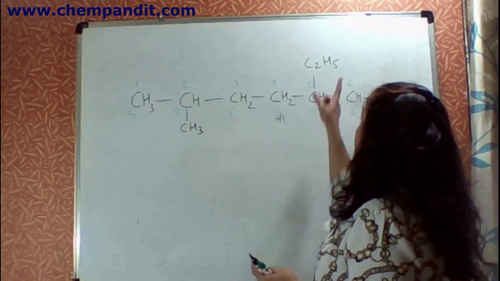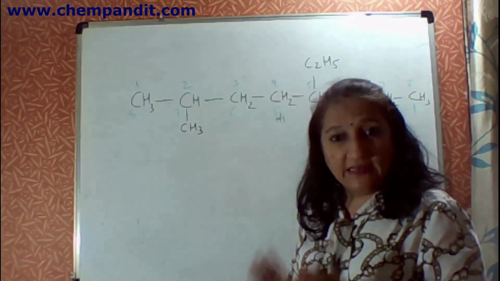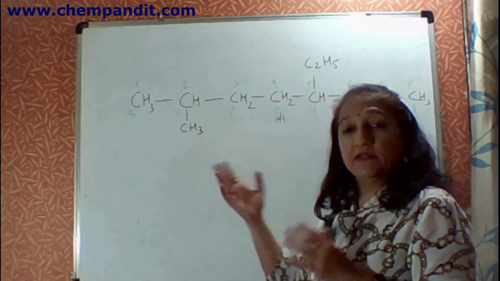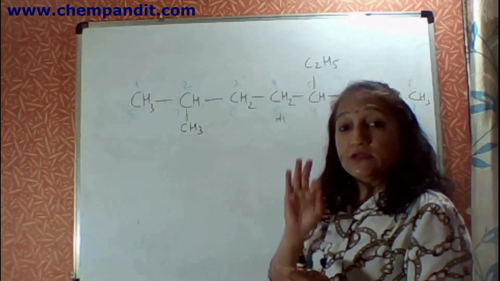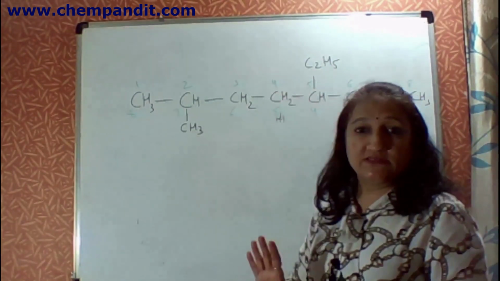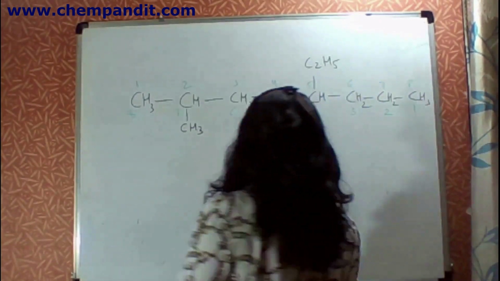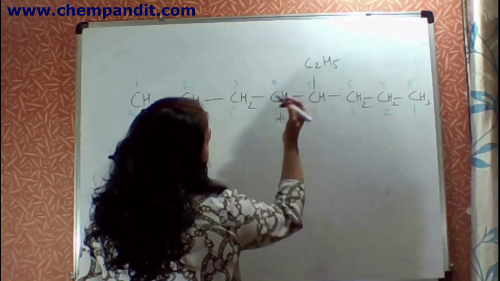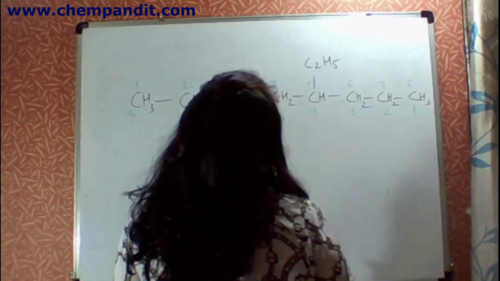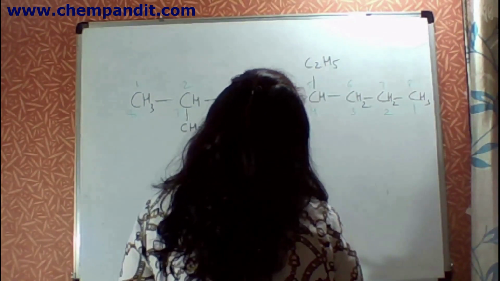The rule is when two different alkyl groups are present in the longest chain while naming, it will be named according to the normal rules, with the only difference being that the names of the substituents are written in alphabetical order. How? Let's see. Now the final name of the compound comes out to be